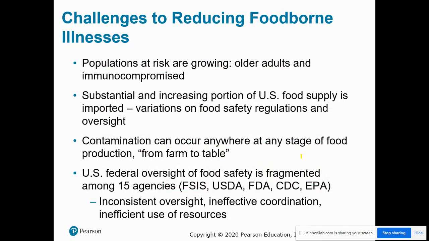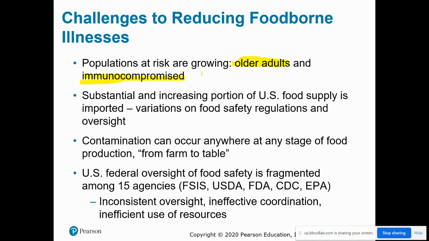And then some population level or even public health challenges to addressing foodborne illnesses. So one thing when we look again at the population level, we see increasing numbers of very old and elderly adults, and we see increasing numbers of immunocompromised individuals. So we start to see greater numbers of these people whose immune system may not actually be well equipped at that time to handle a foodborne illness.